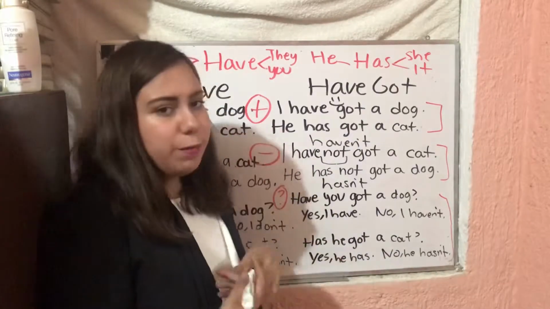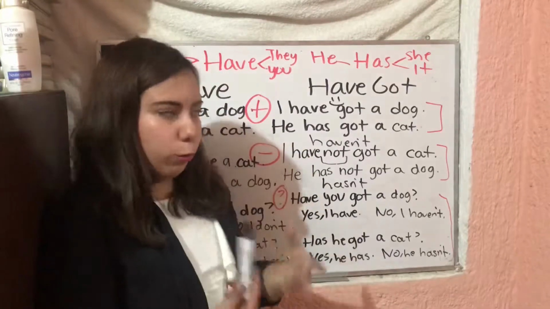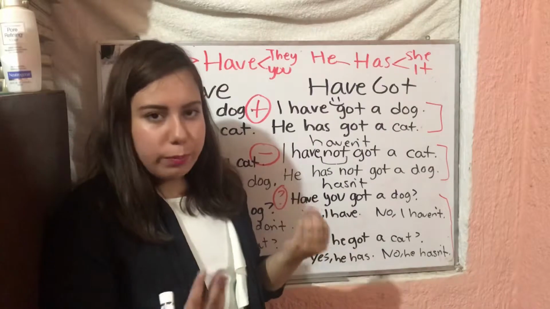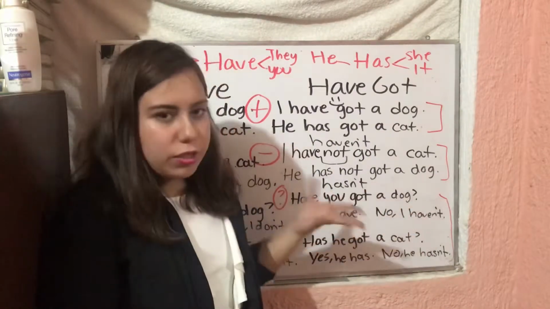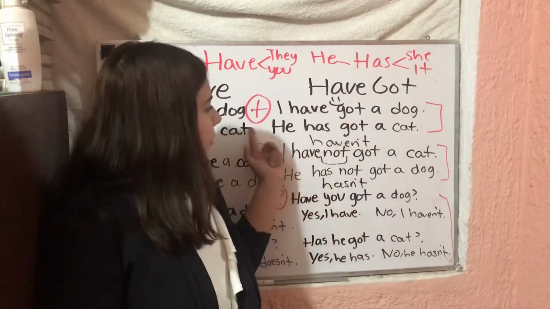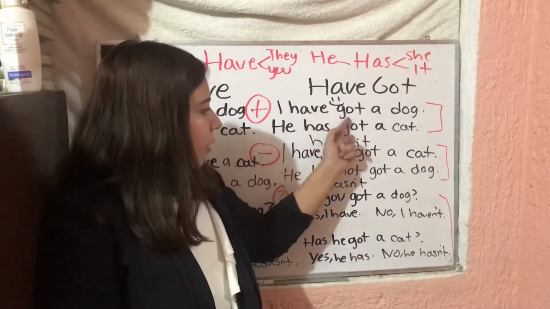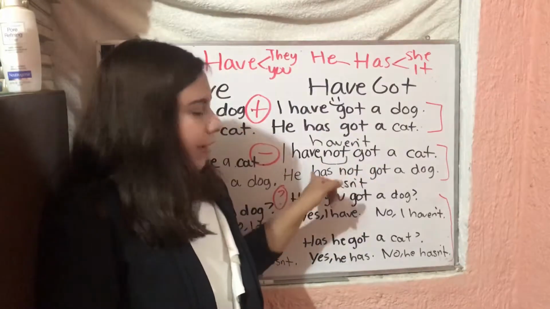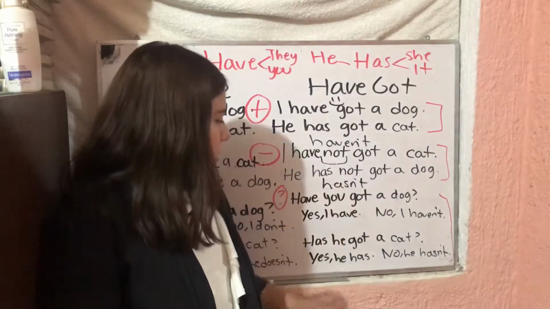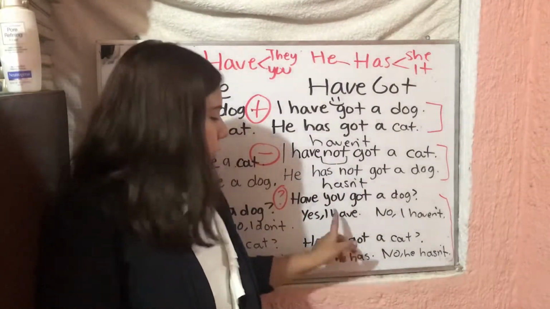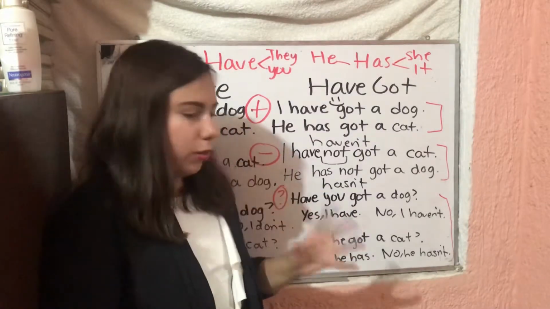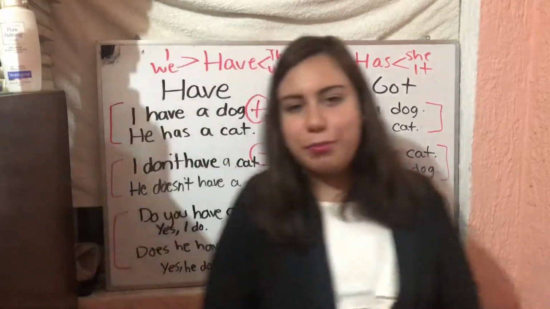So if you understand present simple and the rules, this side is pretty simple. We're just following basic present simple rules. On this side, we just have to remember when we have affirmative, we're going to keep together have and got or has got, the verb plus got. In negative, we're going to separate with not. And for questions, we will separate it with the subject, and my verb will be the first word in the question. Great? Perfect.